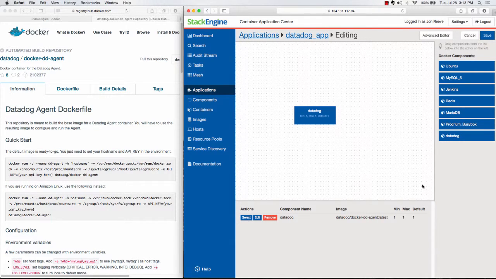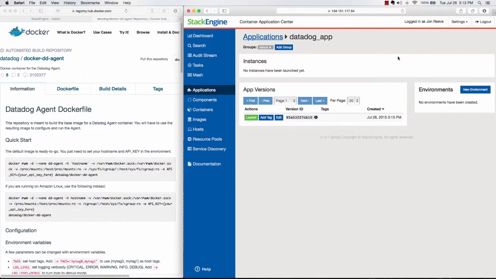So now we've defined our Datadog application template. We only have one component, that is our Datadog component, and we've given it instructions based on the Docker run on which volumes to mount and the API key. Let's go ahead and save that off. Now we can see we have a Datadog application that's been defined. We've given a version. Again, we can have multiple versions of an application template. We haven't launched any instances of this application, and we're about to do that. So let's go ahead and launch an instance of the Datadog application that we've defined